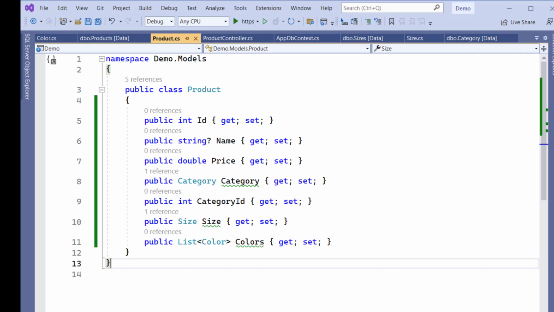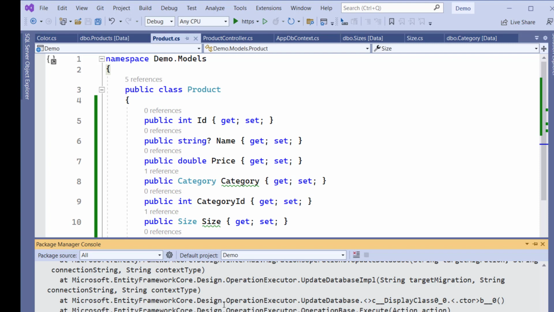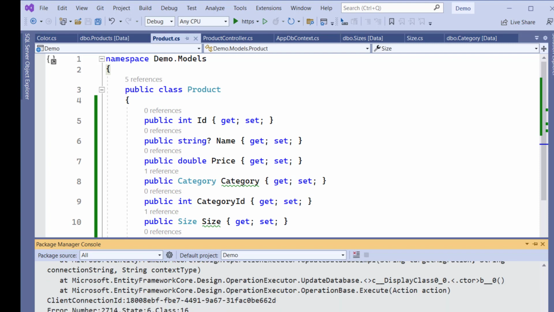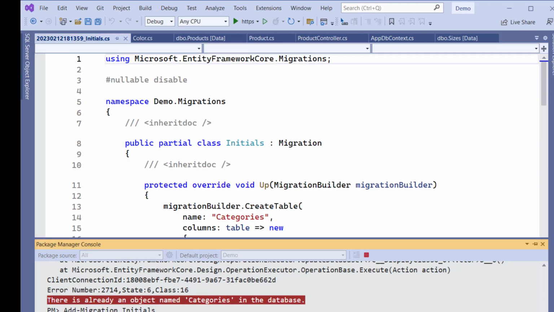Okay, so let's see. Now let's perform migration again. So add migration initials, and now let's run this again to see. This is going to create the tables for us. Let's update it. So update database,